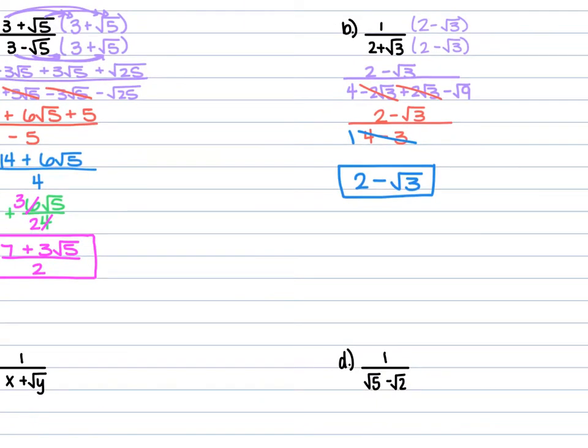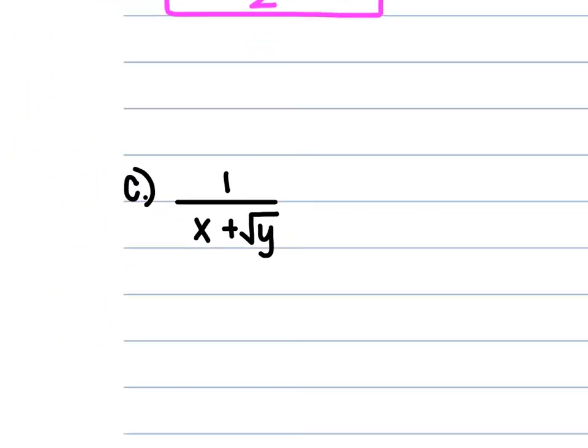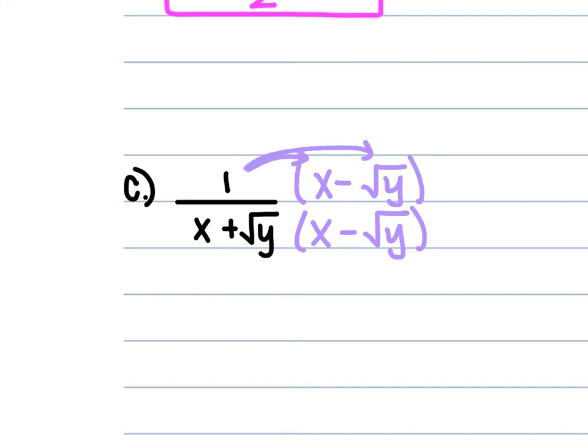If we look at our next example, C, we have 1 over x plus the square root of y. The conjugate of the x plus the square root of y is x minus the square root of y. So top and bottom, x minus the square root of y, and we're going to multiply. The top, we're just distributing that 1, so it's just going to be staying as x minus the square root